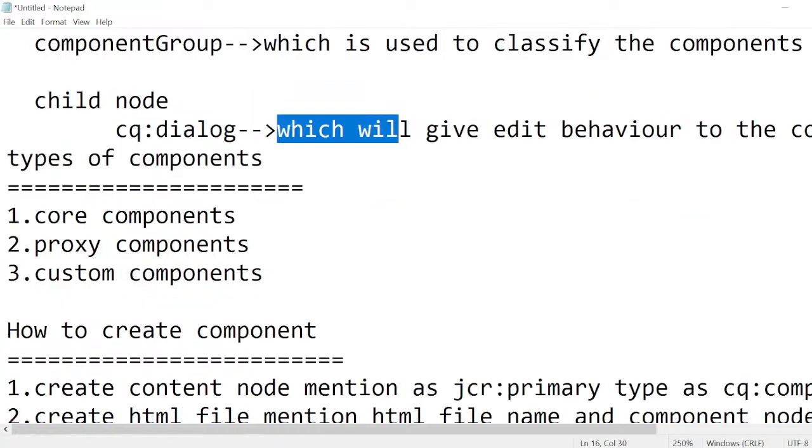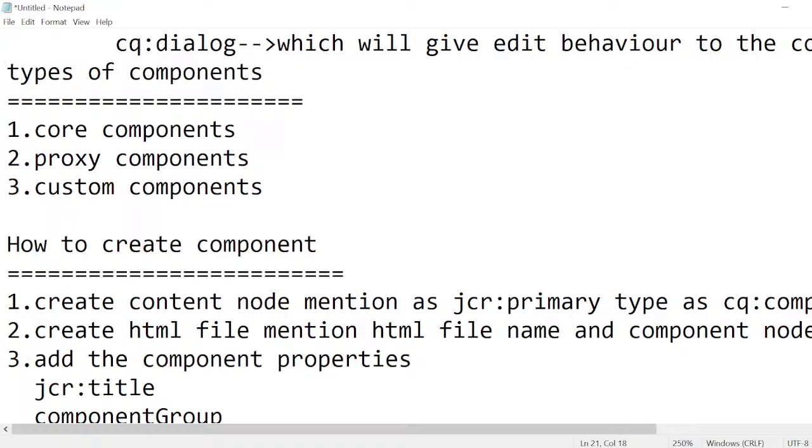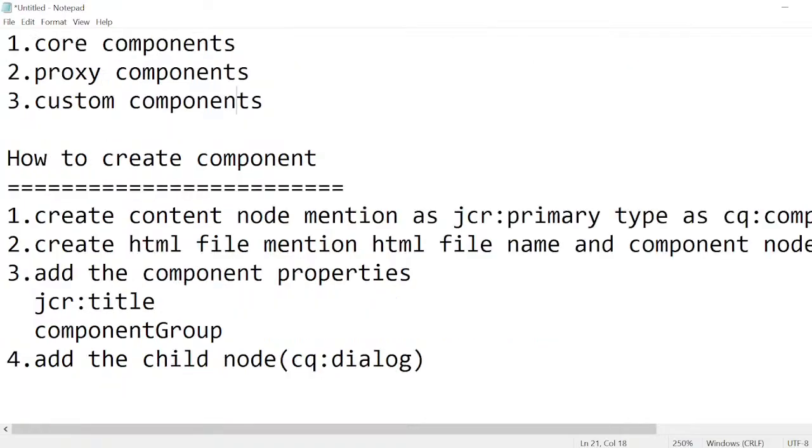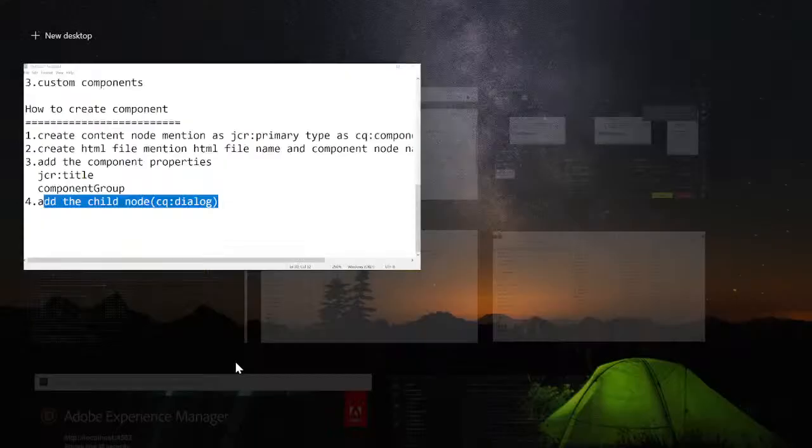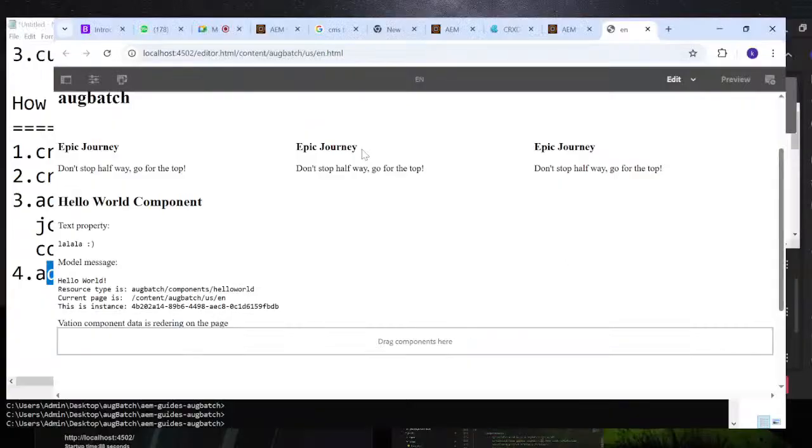There are three types of components we have in AEM: core components, proxy components, and custom components. And how to create the component, this is the process. Create the content node and mention the primary type, create an HTML file and mention the component name, and the file name should be the same. Add the dialog, do all the things, and then try to add